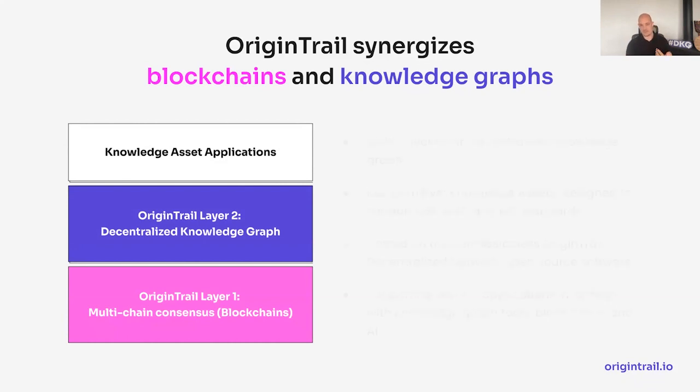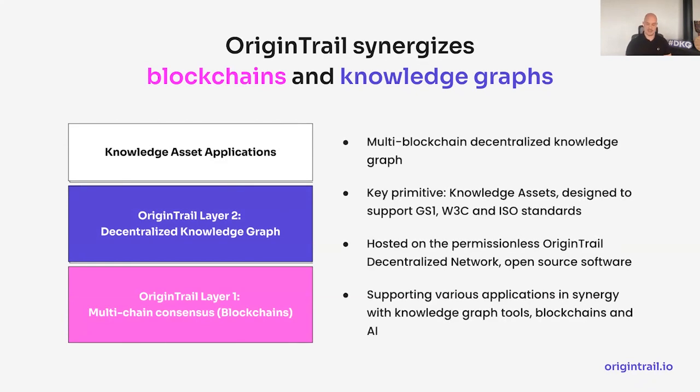And we point to something called knowledge assets here because we really want to explain that data is not just raw data, or not even, I think the parallel of data is the new oil is valid, but the oil is a bit different than what an actual asset you might consider owning in the digital world might be. So we have knowledge assets as key primitives of OriginTrail, and they're designed to support GS1, W3C, and ISO standards, therefore increasing semantics for particular industries.